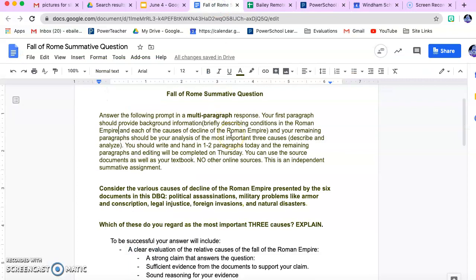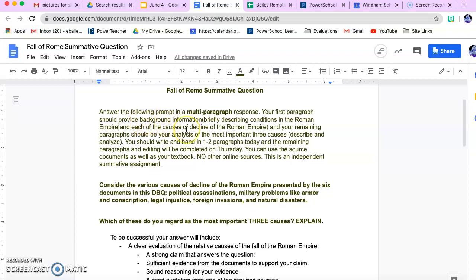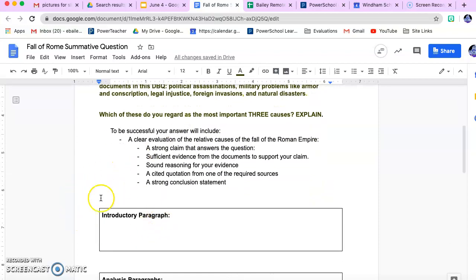So for the summative, let me just go over this again so that you're making sure that you're meeting all expectations, since this is our last summative, and this should be your best work of the year. So you're answering this in a multi-paragraph response, meaning more than one paragraph. Your first paragraph is going to be the background information, and in the box down here, I call that the